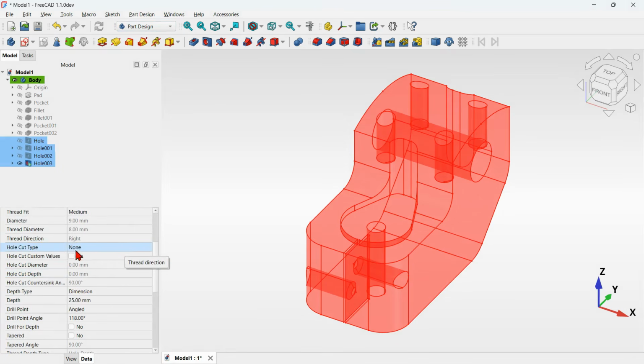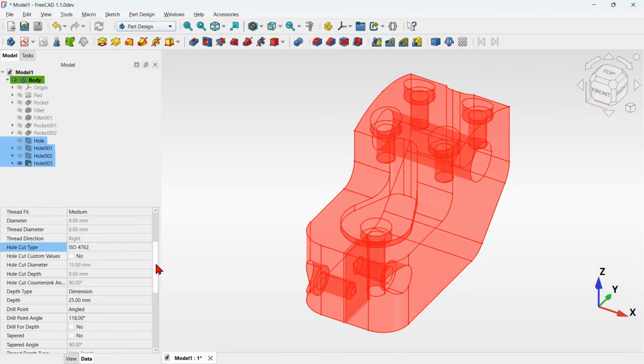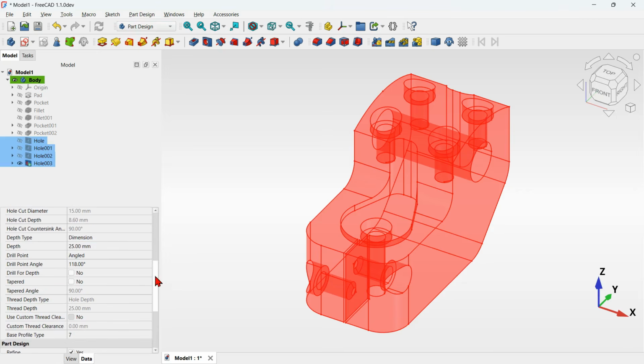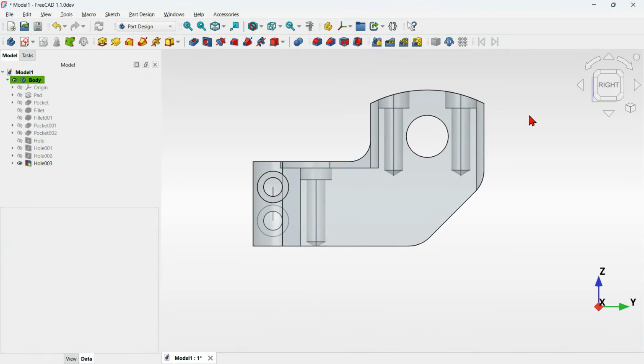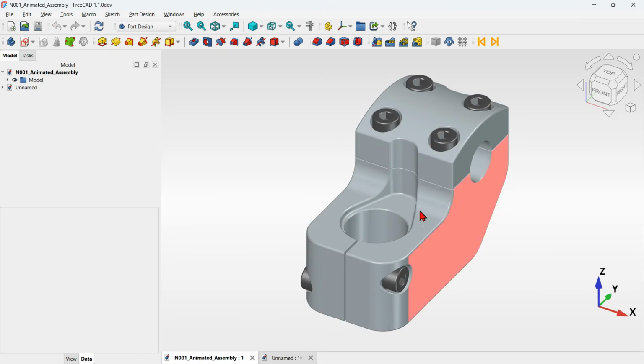Now I will go to the hole code type. I will change here to this reference ISO 4762. The next thing that I will fix here is the depth of these holes, which will be 38 millimeters. I will go to this parameter and change to 38 millimeters and then refresh the document. Okay, with these 6 holes, now I will create the small fillets and chamfers on the 3D model, and after